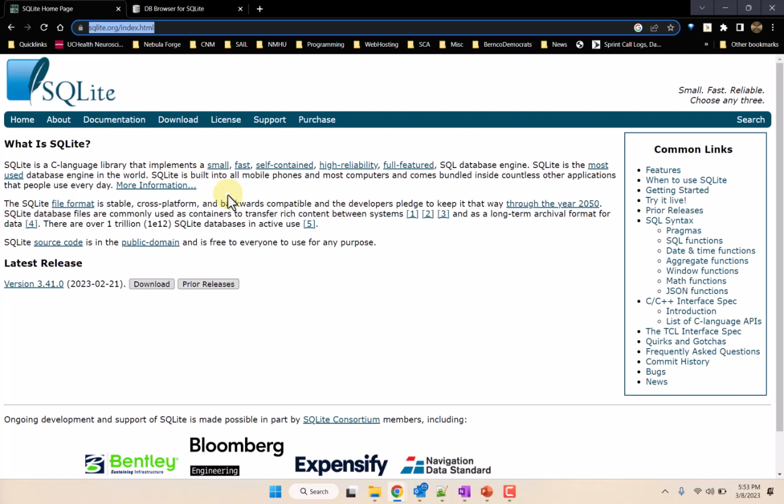And it's a C language library that implements basically a very compact but very powerful database application. And if you're wondering what a database is, basically a database is a way of storing tables of information in a file. Now typical databases will have a server application that your application will communicate with,